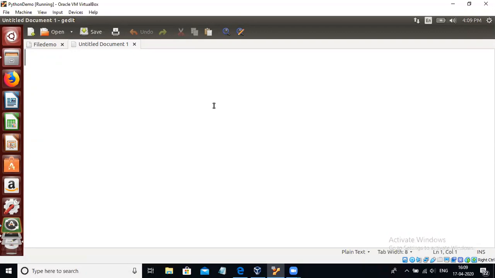So first we will open the file. We will create the object of the file. The file object is created by giving any name, for example, fobj, which is the name of the file object, equal to open. The open method has two parameters. In the first parameter we have to mention the path of the file from which we have to read the data, or the file which we want to open.